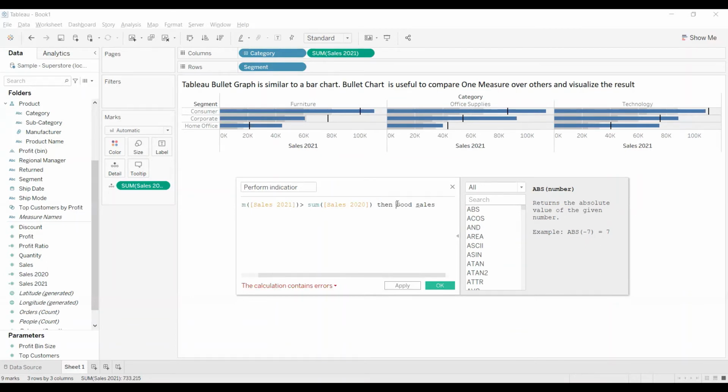This should be in quotes because we are returning a string, and end the if statement.